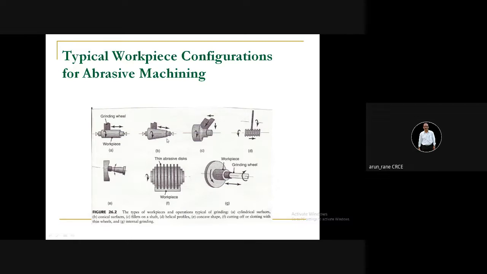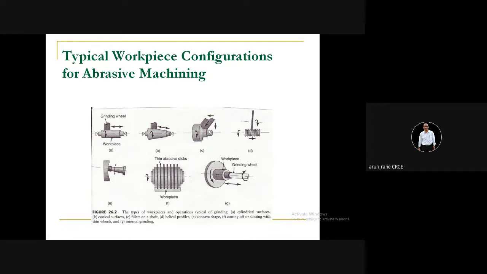Here, this is taper grinding. Taper is given to the grinding wheel. All the little bit dark area that you can see is nothing but the grinding wheel. So here the grinding wheel is sliding across the surface of the workpiece. This is called form grinding, where a profile is dressed or ground on the grinding wheel. Grinding of a grinding wheel is called dressing.